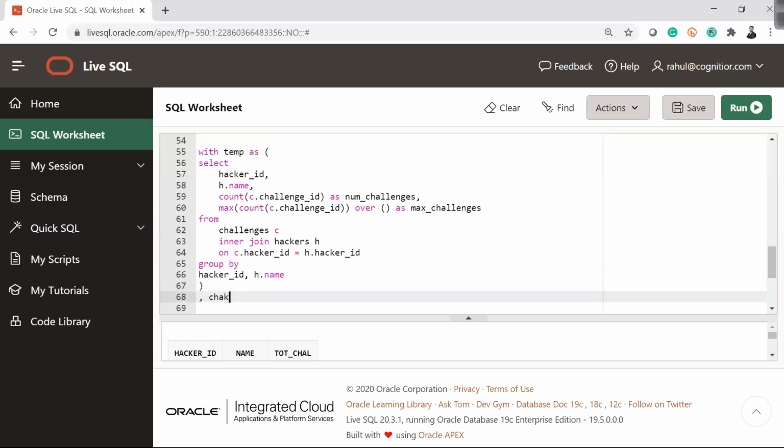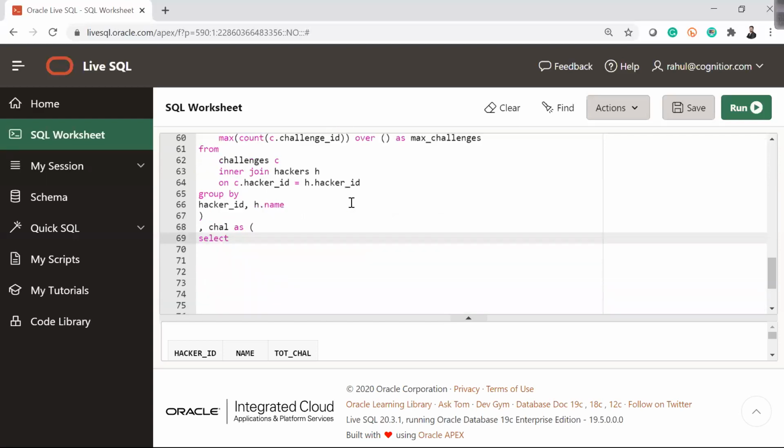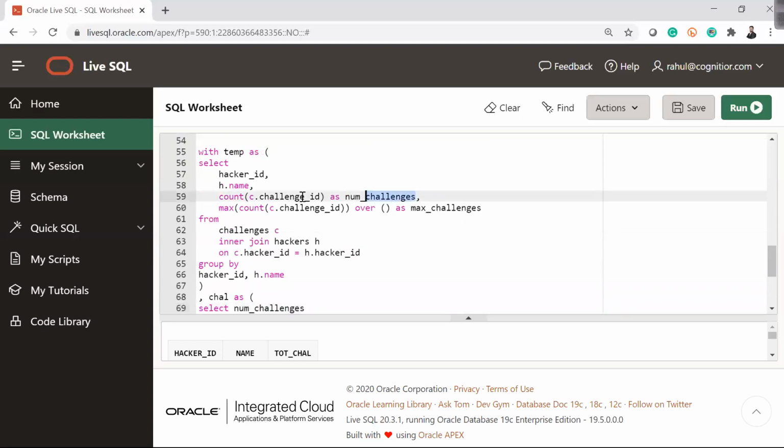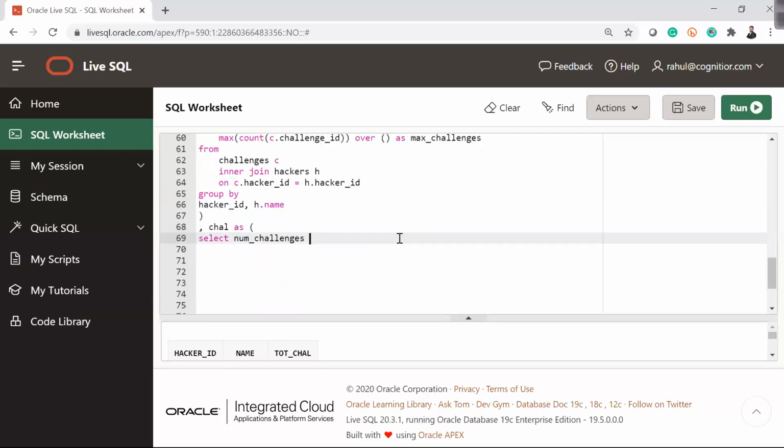Then the chal as select, I'll put this bracket with as here, select number of challenges, which is nothing but these ones, right? Count number of challenges, comma, count star, because I want to know the duplicates, right?